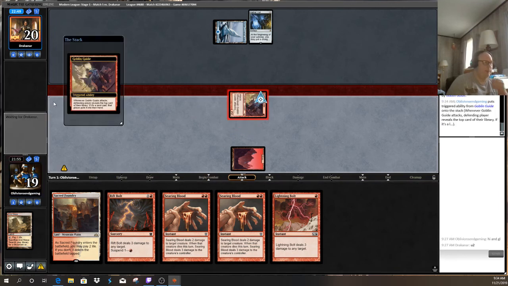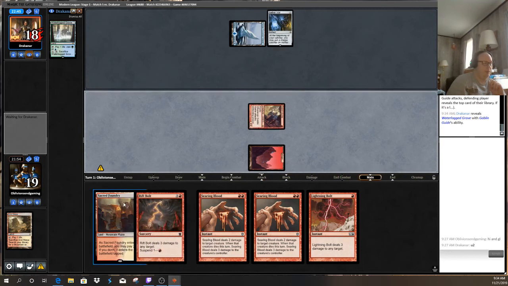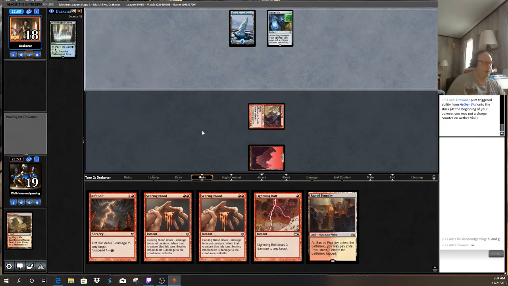So the reason we threw back the first hand specifically is the fact that it was all interaction, there was no 2-for-1s, and no pressure. So no Monastery Swiftspear, no